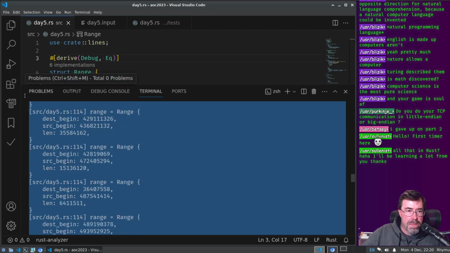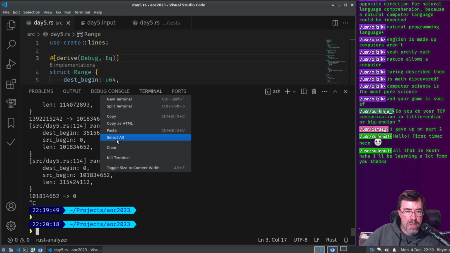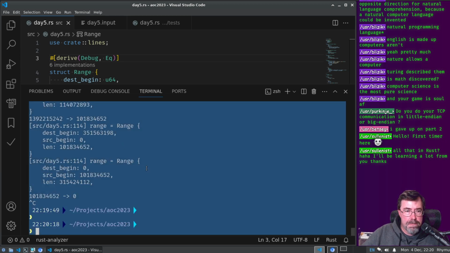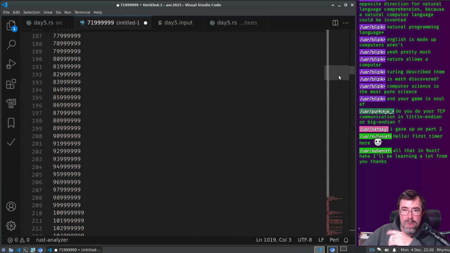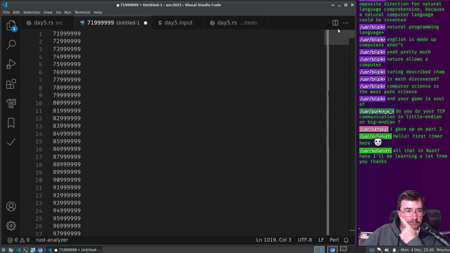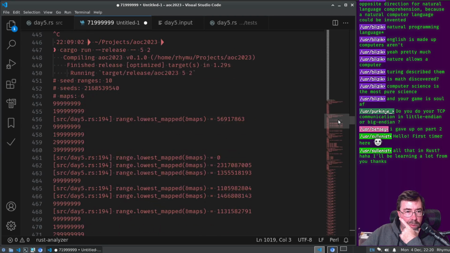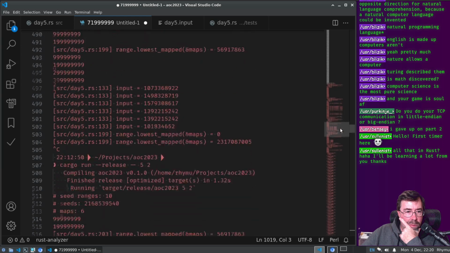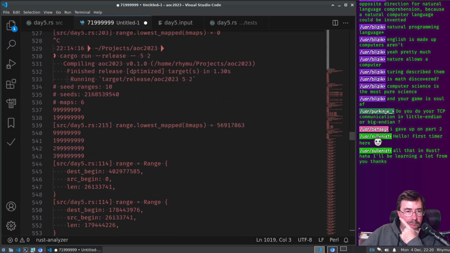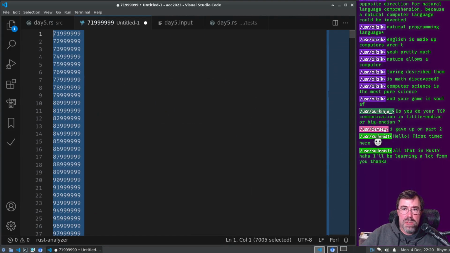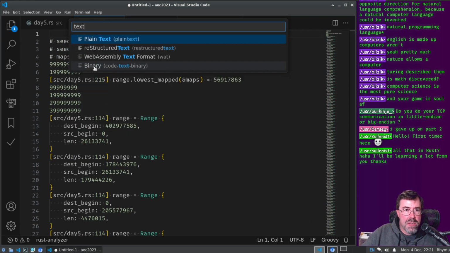Can I just select all, copy, close that, open a new text file and paste? There we go. All right. Okay. Delete all this. It's not groovy, it's text.